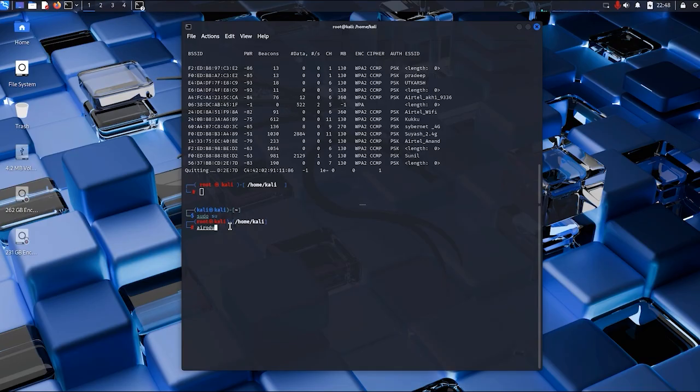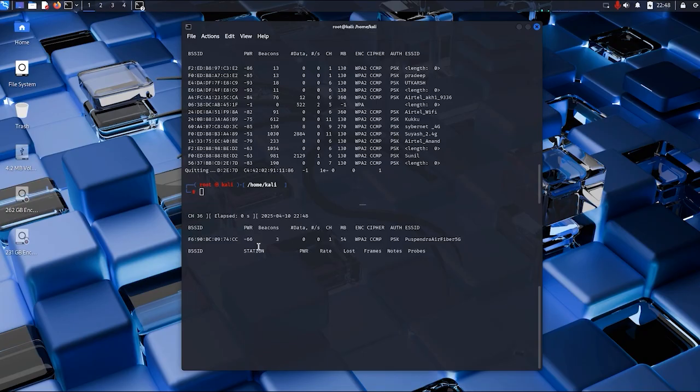So let's type Airodump-ng here and we will type --band here. That's we are going to check for the bands. We will type a and then we will type the interface name, that is wlan0, and once we hit enter here, let's see if it can recognize 5 GHz frequency networks or not.